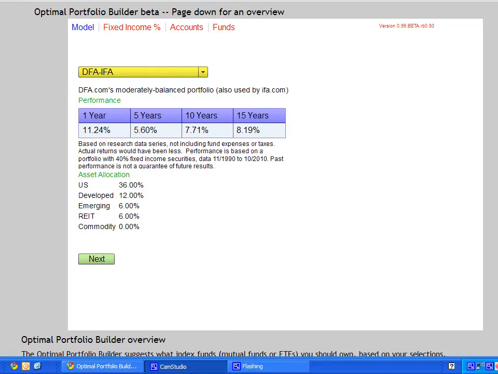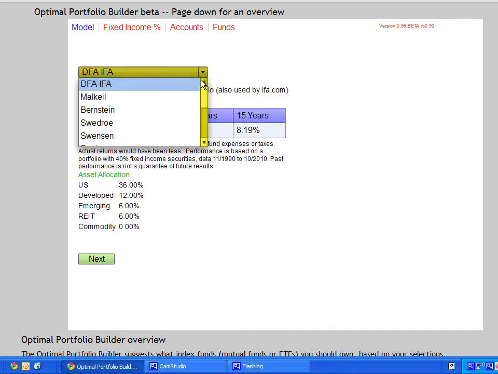Welcome to this overview of the Optimal Portfolio Builder. I'm going to show you how you can build an asset allocation in less than 5 minutes using the Portfolio Builder. Step one is to pick an asset allocation model, and you can select from among a number of expert